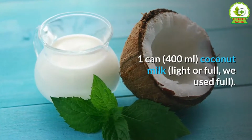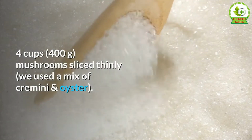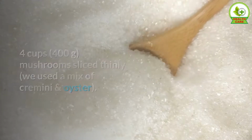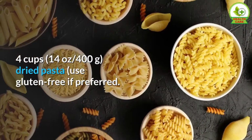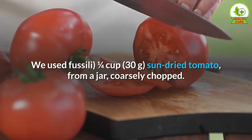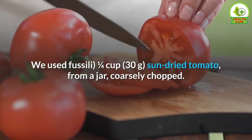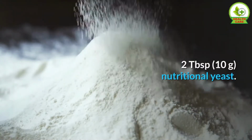we used full, 4 cups (400 grams) mushrooms, sliced thinly, we used a mix of cremini and oyster, 14 ounces (400 grams) dried pasta, use gluten-free if preferred. We used fusilli, 1/4 cup (30 grams) sun-dried tomato, from a jar, coarsely chopped, 2 tablespoons (10 grams) nutritional yeast,